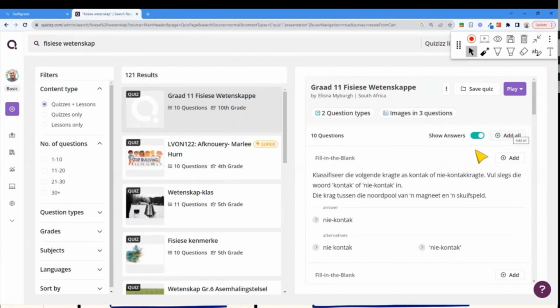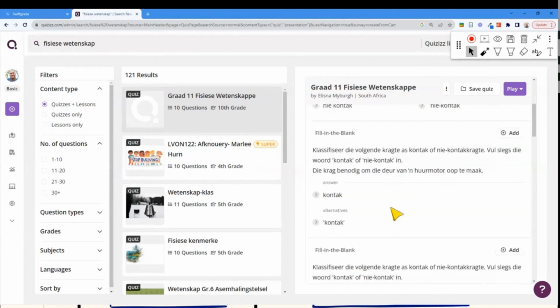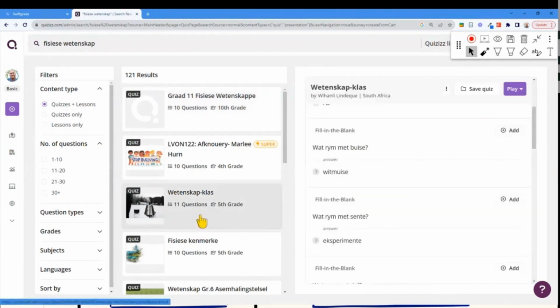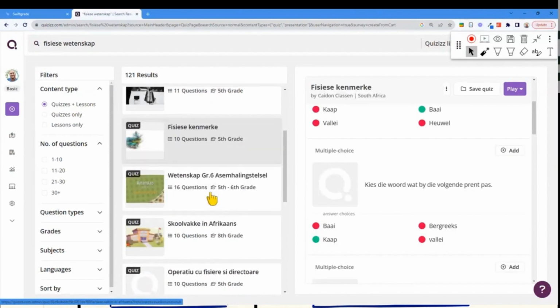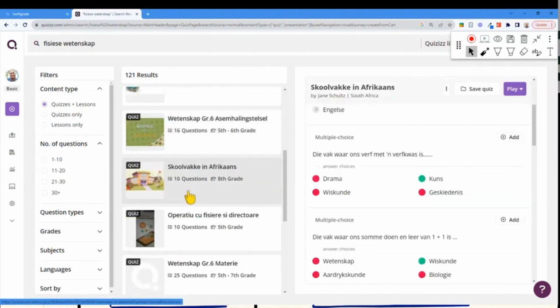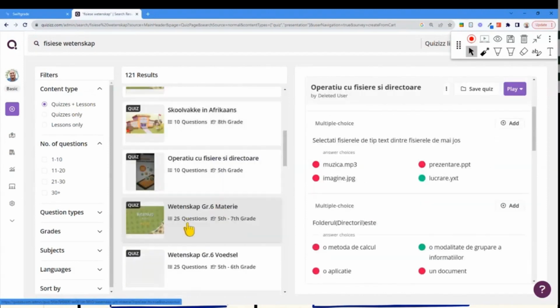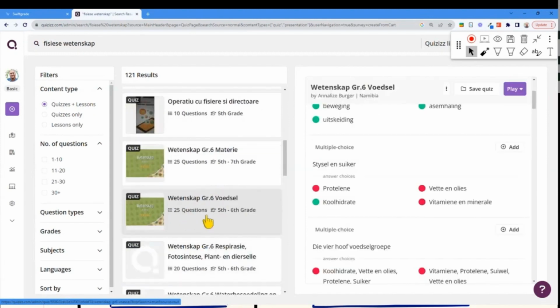I can play it as is. I can scroll down. I can use some of it. There's a wetenskap klas. There's a fysische kenmerke. There's a wetenskap graad 6. Skoolvakke in Afrikaans. Wetenskap graad 6. So the thing about Quizizz as a platform is when you set up a new quiz, a